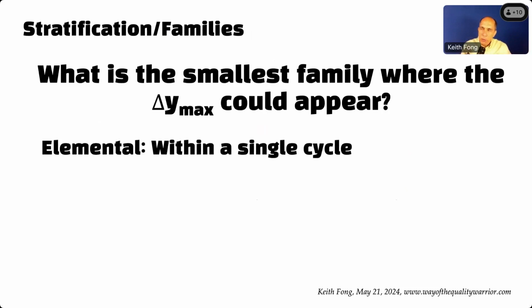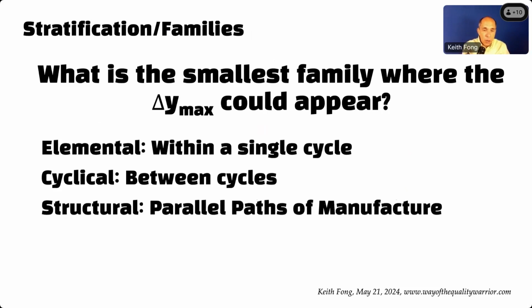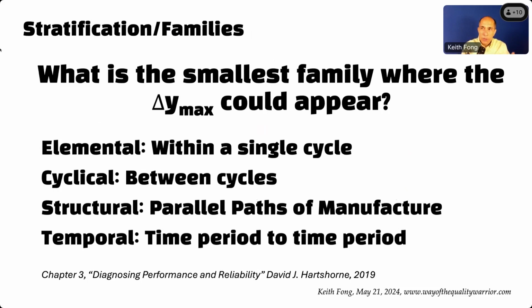There's elemental. So what's different within a single cycle? Cyclical. What's different between cycles? Structural. So if there are parallel paths, if there's more than one path to do this, does one path have it and another path doesn't? And then there's temporal. So does it happen at one time and not happen at other times? And I don't think it takes a whole lot of